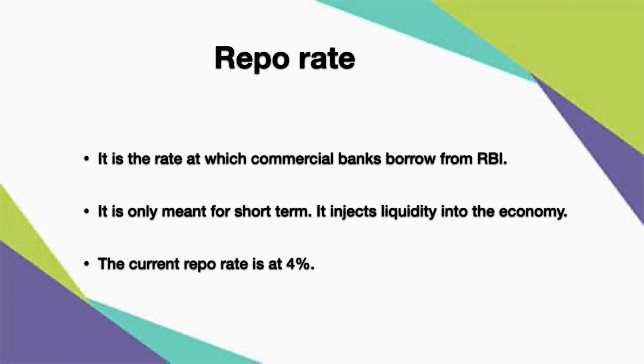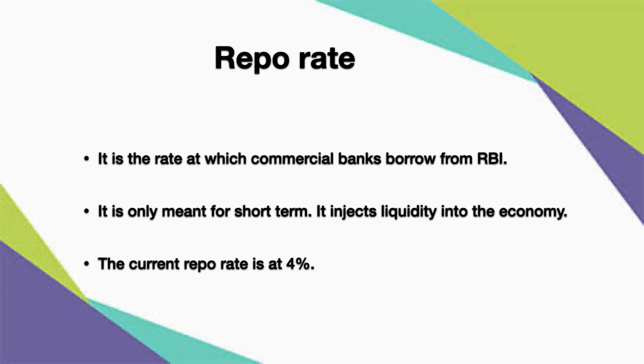The third rate, repo rate. It is the rate at which commercial banks borrow from RBI. Now in case commercial banks are falling short of funds, okay, whatever loans they have lent, the borrowers have not actually repaid the money. So therefore, running short of funds, they are not able to pay back their fixed deposits or RD or even current or savings. So immediately commercial banks go to the rescue or help of RBI. So the rate at which they borrow money from RBI is called repo rate.